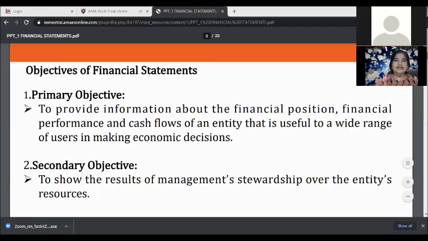Another way of saying that it is really a need, a necessity to have your financial statements, whether for a primary objective or a secondary objective. Meaning to say, at the end of the accounting period, you can easily pinpoint what happened. It can be presented through financial ratios, or in the relationship of one figure to another.